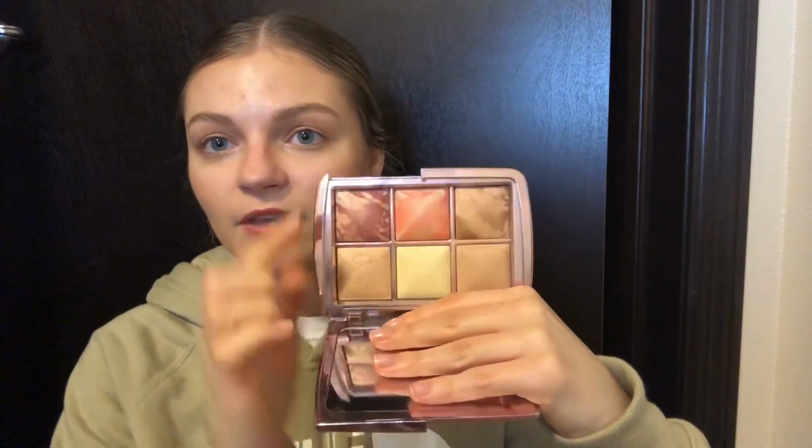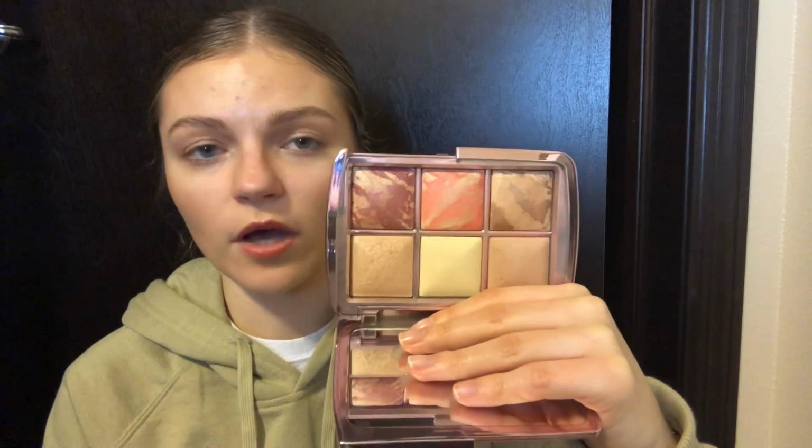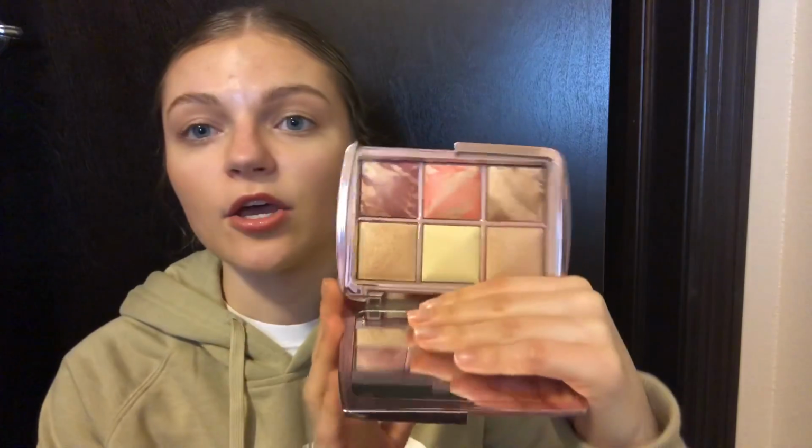I'm going to roll in the middle blush here in this Hourglass palette. This is the one from 2018. So I actually purchased this palette and this blush around the same exact time, November of 2018. So they are about the same age. Obviously the liquid is going to deteriorate faster than this powder, but the reason I chose to roll this powder